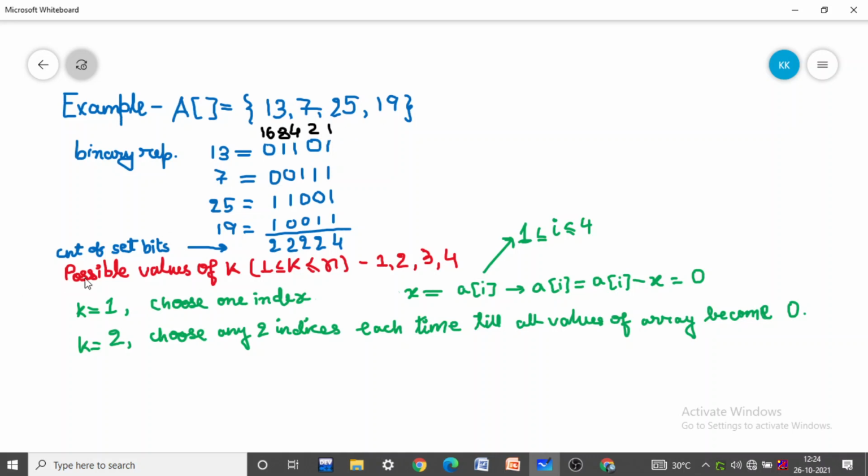Now here is where the count of set bits comes in. Basically in this first column there are 4 set bits, right? Set bits means those bits whose value is 1. So there are 4 set bits in this column. In the next column, there are 2 set bits. Again in the third column there are 2 set bits. In the fourth, 2 set bits. In the fifth, again there are 2 set bits. Now see, when k equals 2,